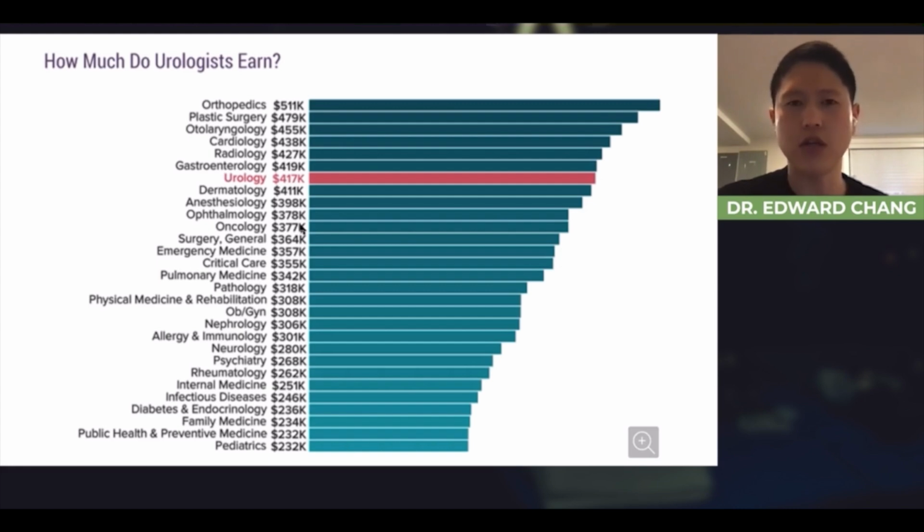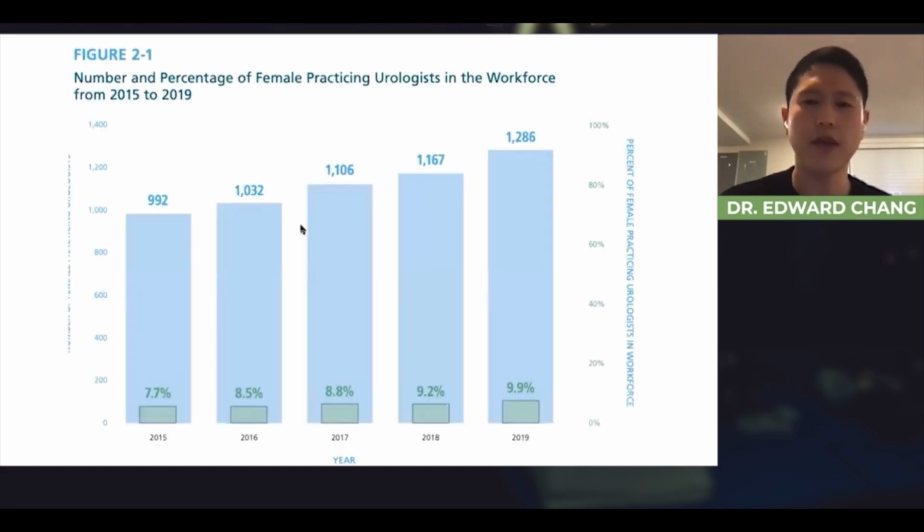It's always in the kind of top 10 of most well-paid specialties. But part of that is that urology is a surgical field, and you do typically work a few more hours than a medical specialist. And just a few points,